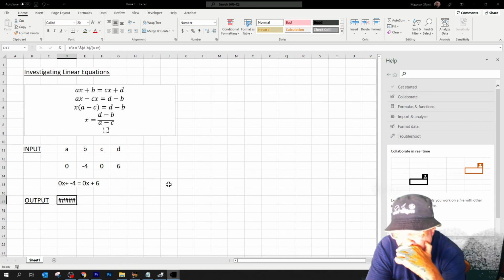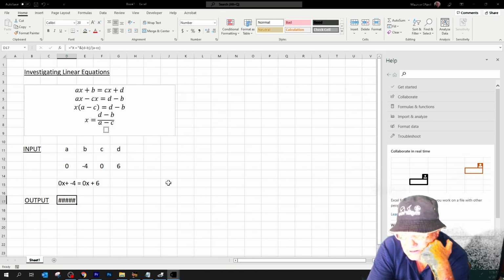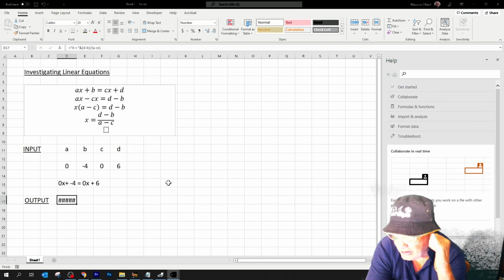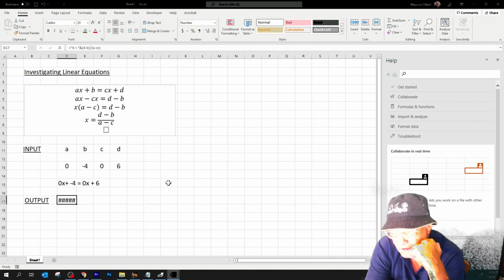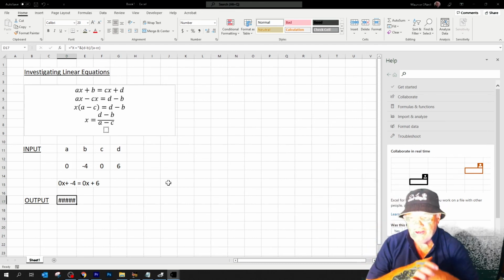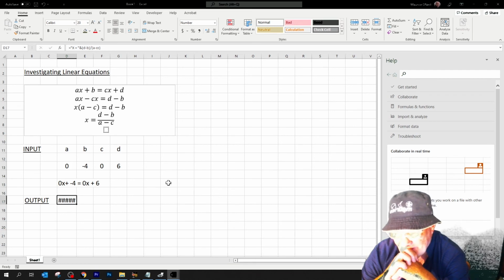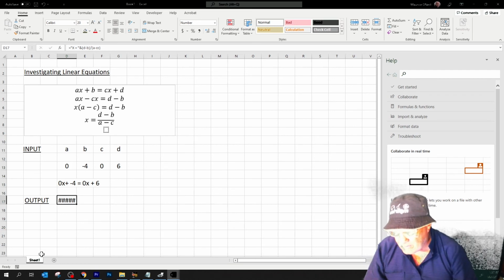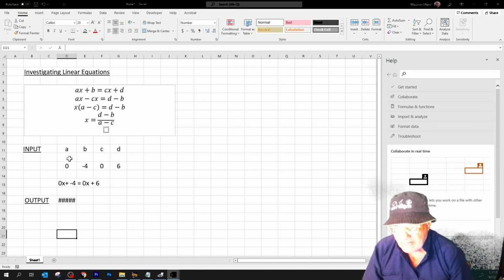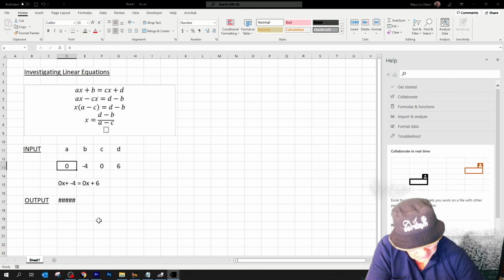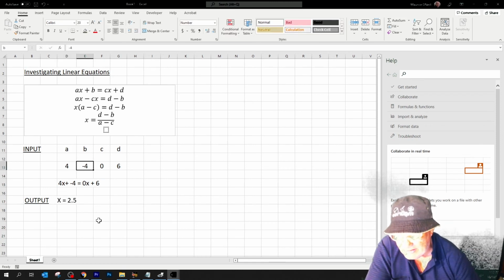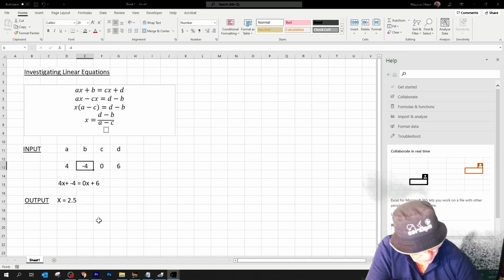So yeah, that's some of the things. So that's where we're going with that. We're going to just have a little bit of thoughts on how to tidy up. So this is just the start of an investigation. So I'm going to put something in here that makes us look a little bit better than that. So let's just put 4 in there, and let's put 3 in there,